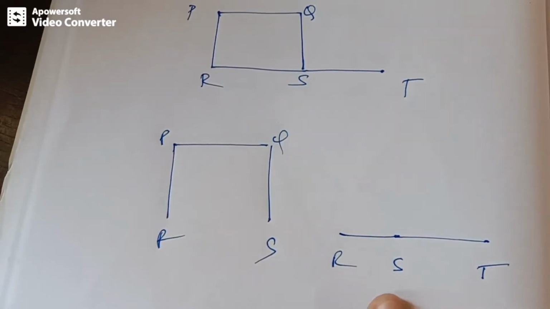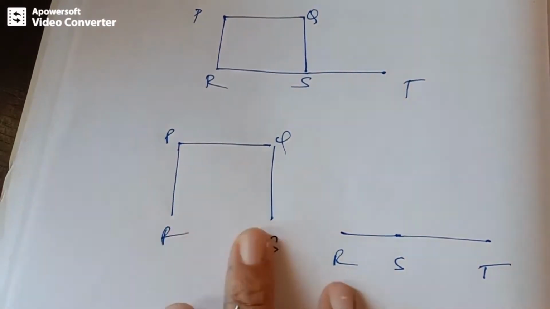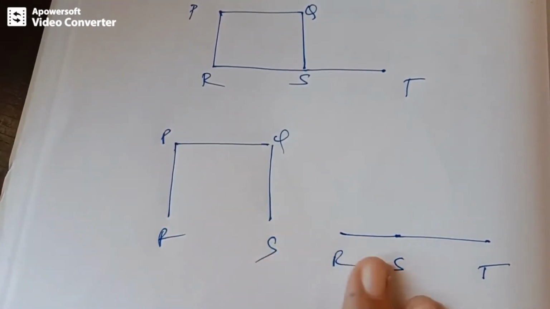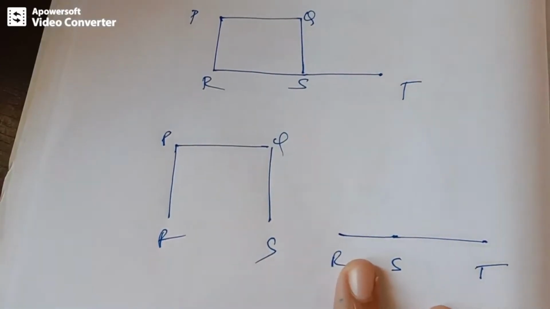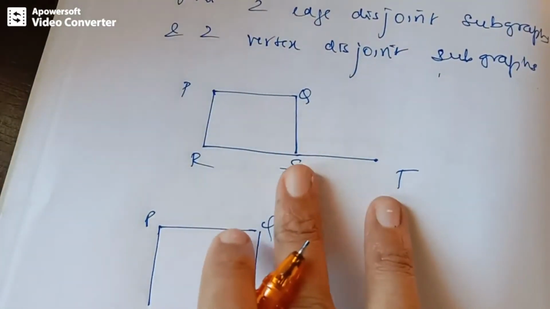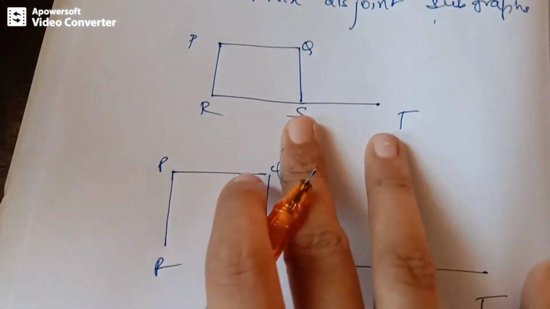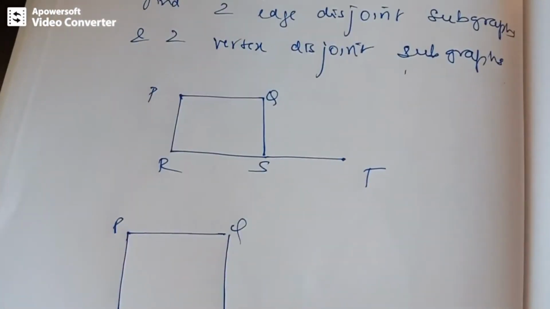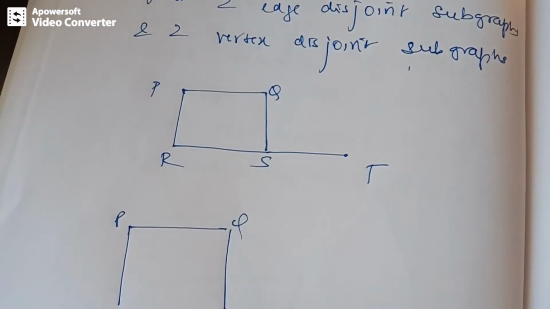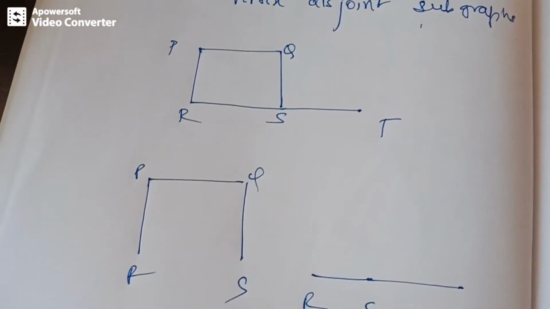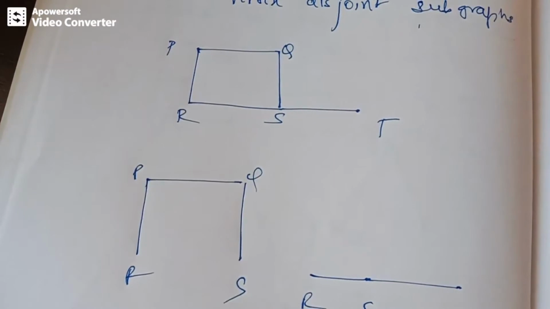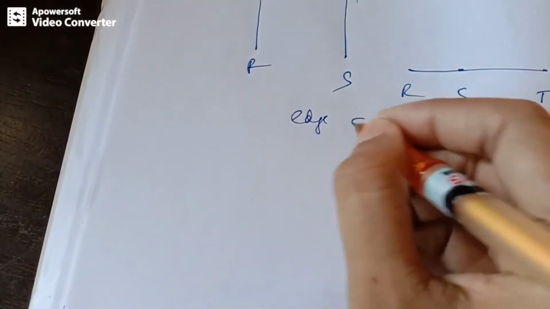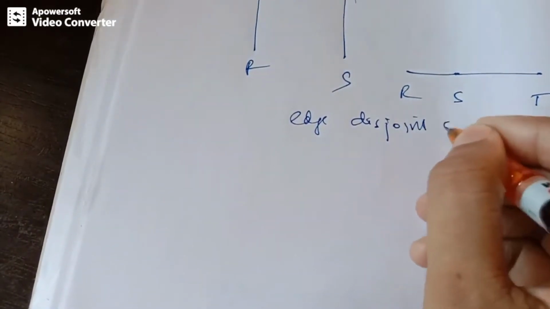Okay, these two graphs do not have any edge in common. Therefore, we can say that this is an edge disjoint subgraph. How can we draw the vertex disjoint subgraphs for this original graph? For a vertex disjoint subgraph, there should not be any vertex in common as well as there should not be any edge in common. So we can have two vertex disjoint subgraphs as, so these are edge disjoint, so I will be naming them,